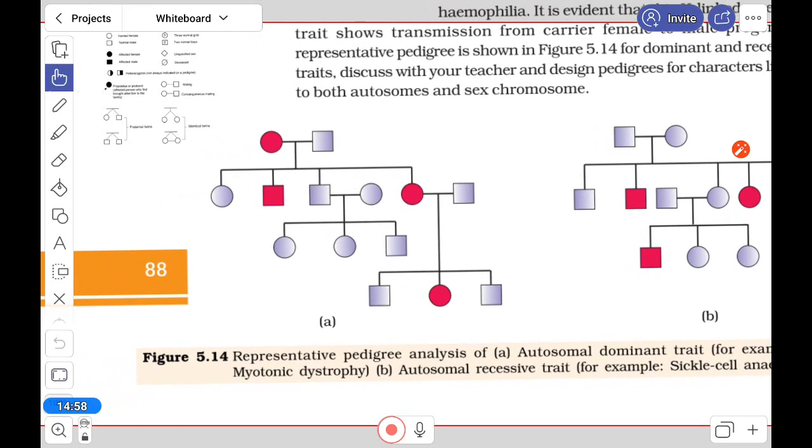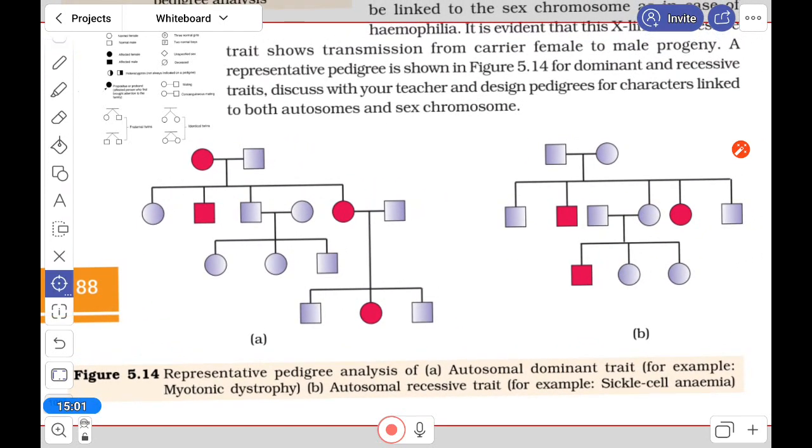Here we can see the pedigree tree, where you can see the affected woman, and after that the next generation, and generation after generation. You can see that here it is colored dark, which means that part is affected. Here also in your book it is there. In the practical also we will do the study of it. Okay. So next day we can do the Mendelian disorders, the other part of it. Okay. So thank you.